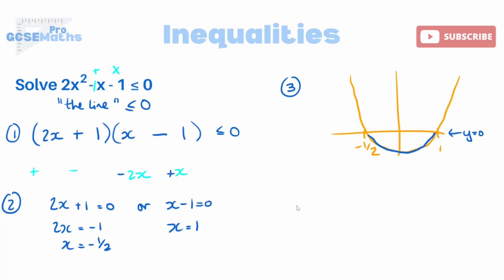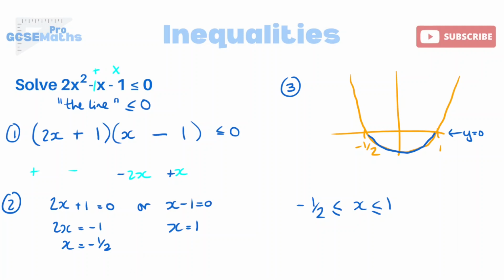So therefore, my answer is going to be a range. X is somewhere between -1/2 and 1. Double check, yes, I have got my equals sign, so I need to copy the equals as well. So there's your answer. Okay, so it's no different. The only bit that's different is the factorising, isn't it? It's a bit harder to factorise and a bit harder to solve, but you should be happy with that anyway,